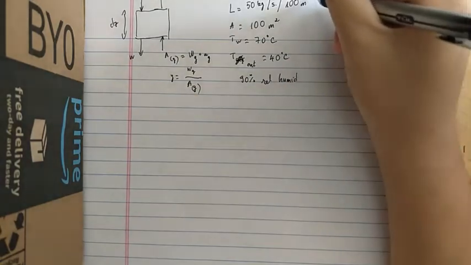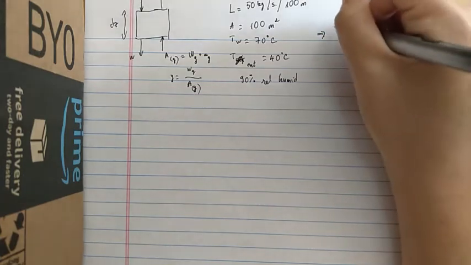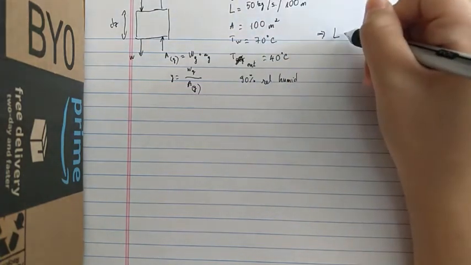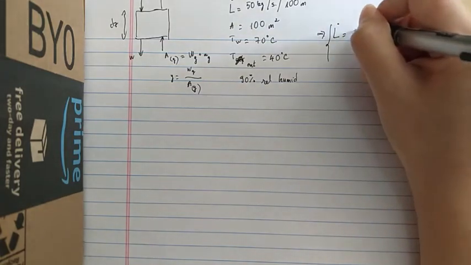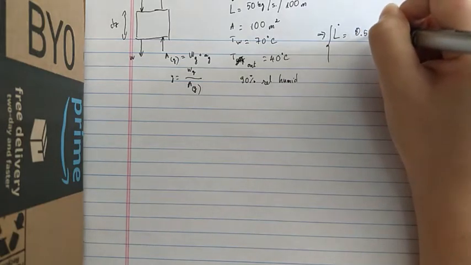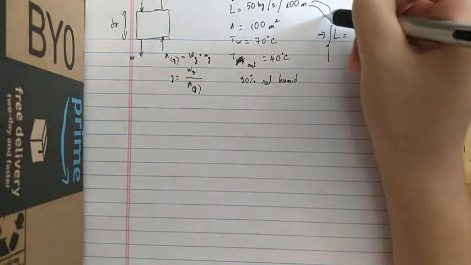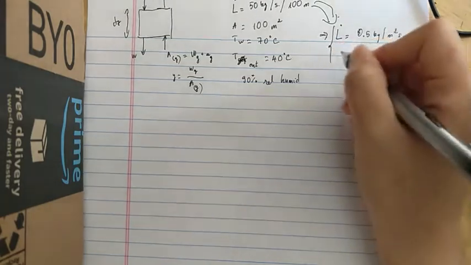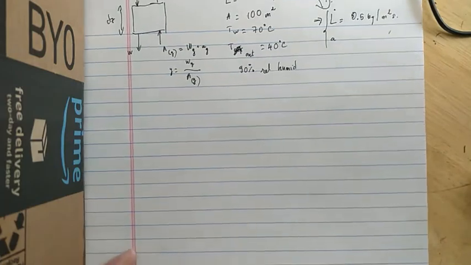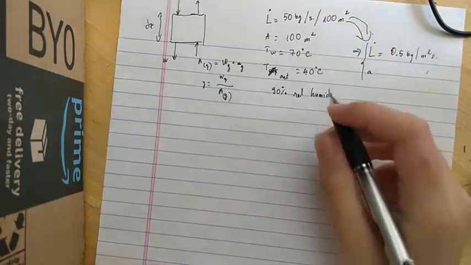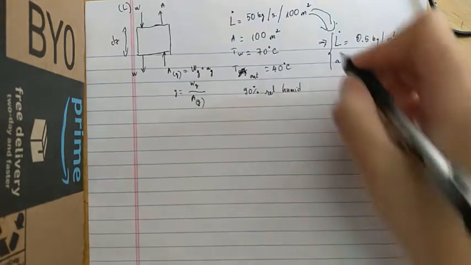From here, we have the liquid water, and the mass flow rate of liquid water is 0.5 kilograms per meter squared per second. Then we have A, the total